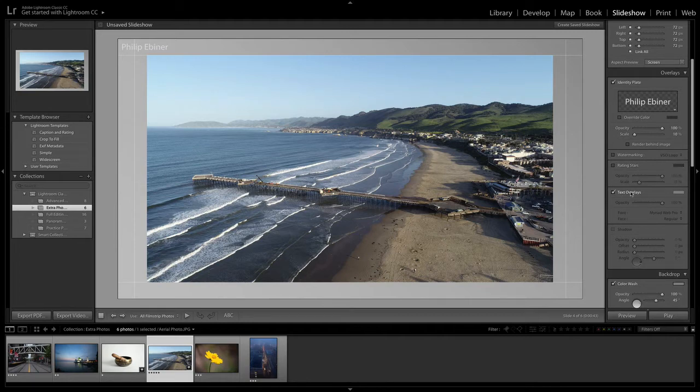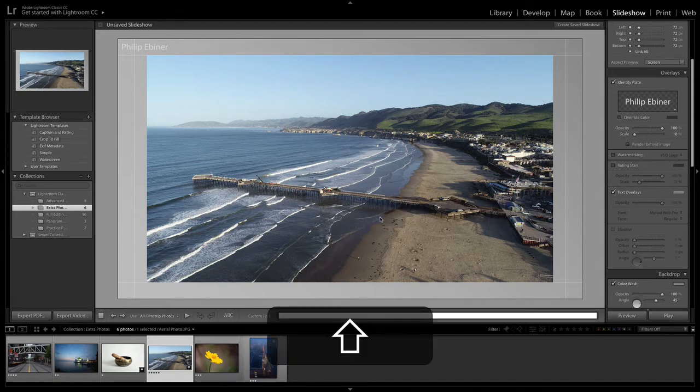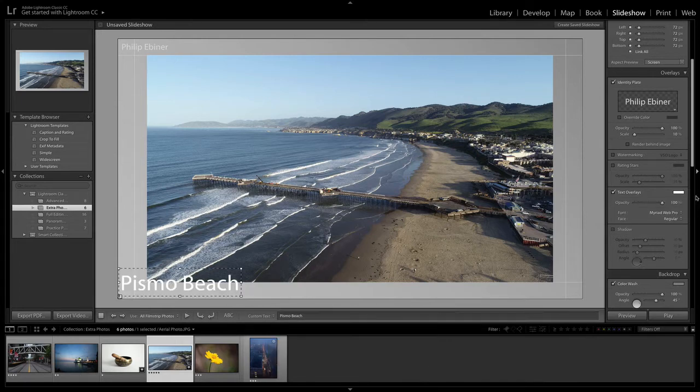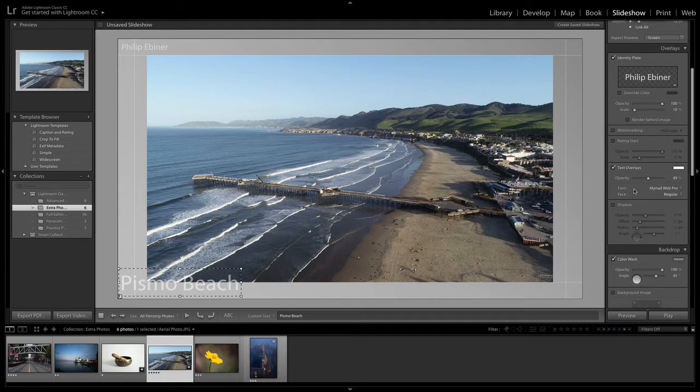You also have some text overlays. So if you want to add text, you just click this ABC button right here. I'll call this Pismo Beach, for example. So if you want to show where it is or name where your photo is, or have a little description, you can add that text. And then this is the global setting that will adjust what it looks like. You can change the font, the style, the color. You can automatically turn it on or off. If you're in a slide, you can move this around right here. And you can change the size if you want as well.